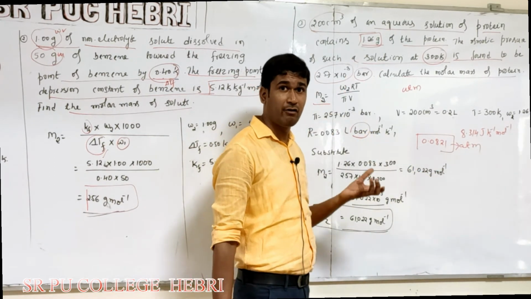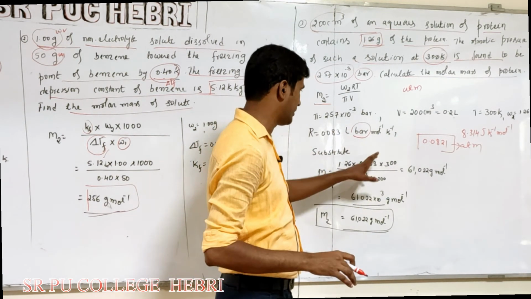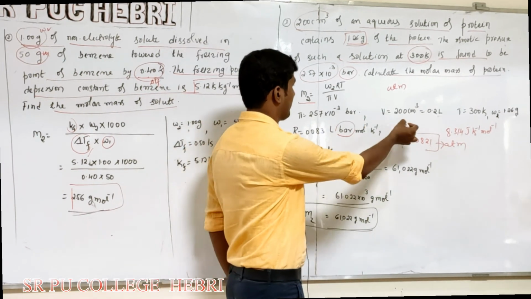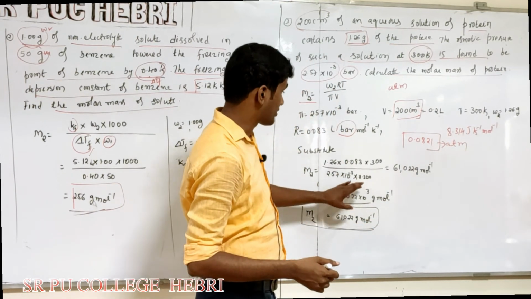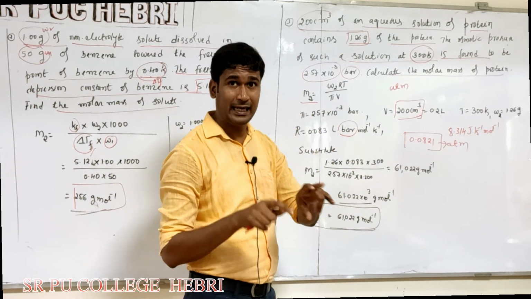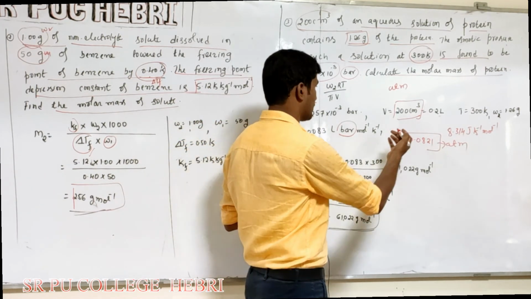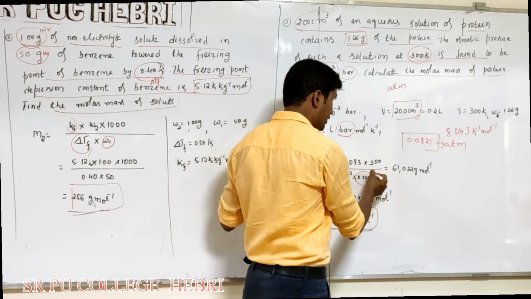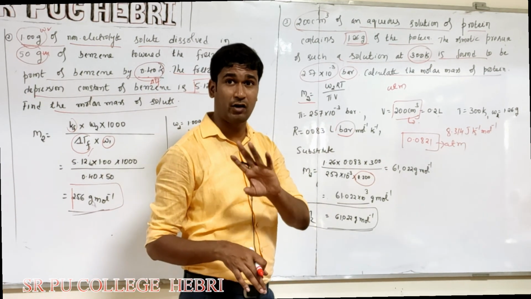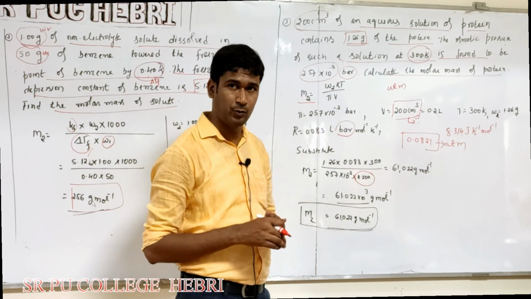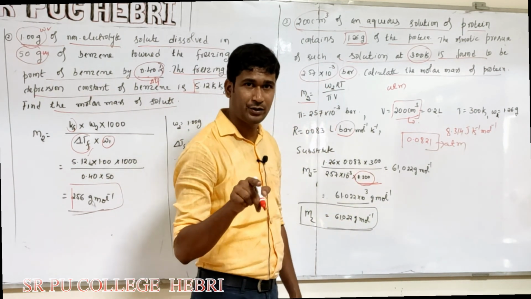Here pressure is given in terms of bar, so you write 0.083 liter bar per mole per Kelvin. Now you substitute here. Okay, V, one more thing. Here V is given in terms of centimeter cube. Don't substitute it in centimeter cube. Again, we need to keep the units in the same system, in SI system itself. So don't write 200 here. It's 0.2. You convert this into liters. Because molarity is nothing but number of moles per liter, not per milliliter or per centimeter cube. Remember this. Don't forget to substitute V in terms of liter, it's 0.2 liter.